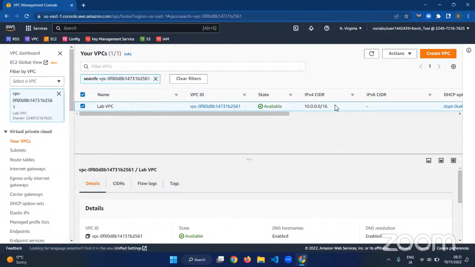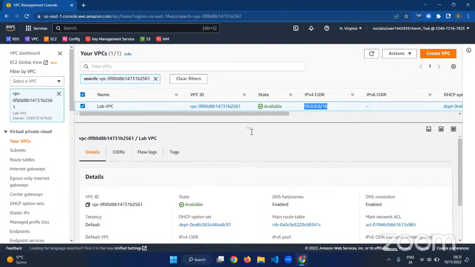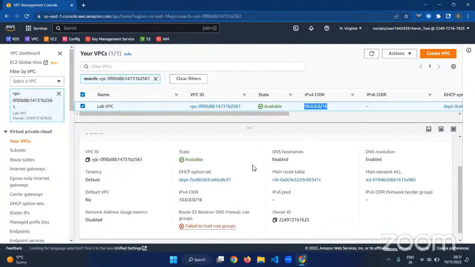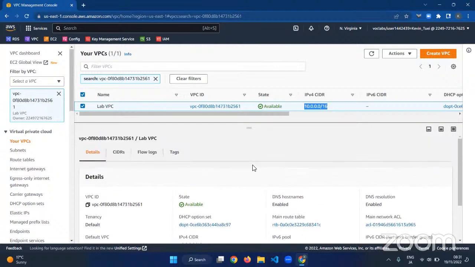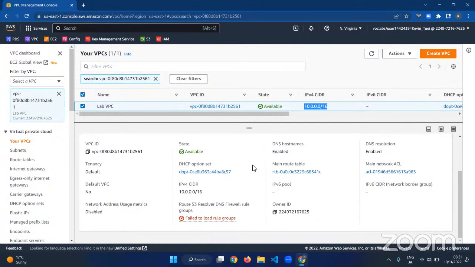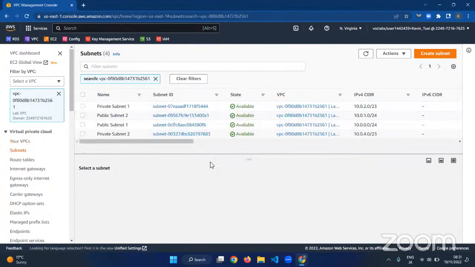You can see it is already /16, meaning that it is 10.0.x.x. What else am I supposed to see here? I think I'll go to subnets. So you can see the way according to the architecture is we have, let me just repeat